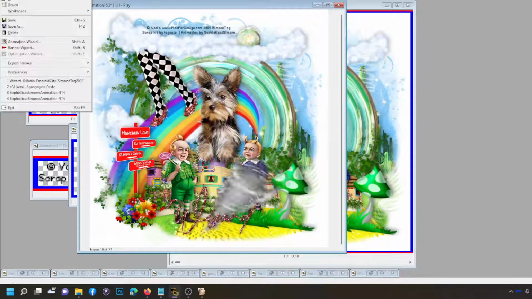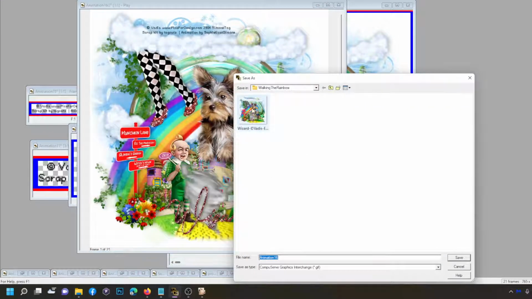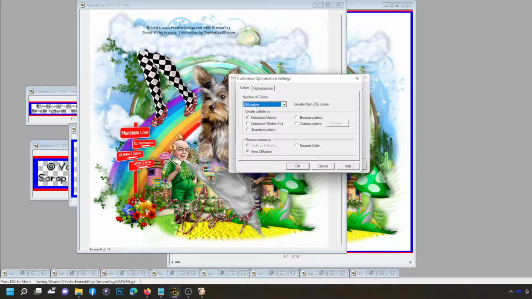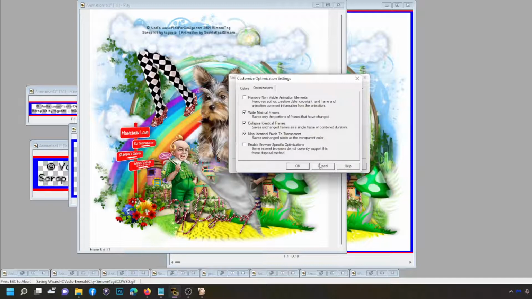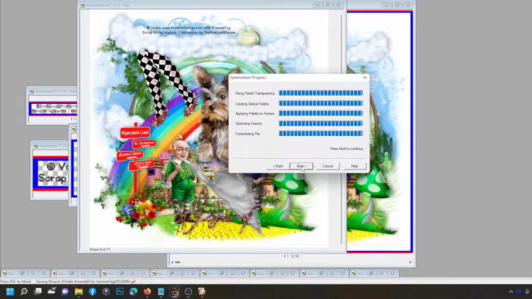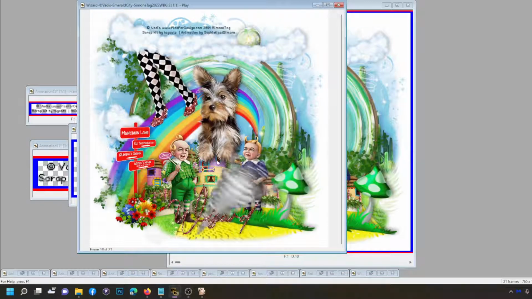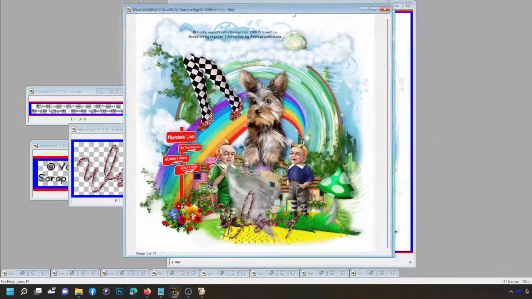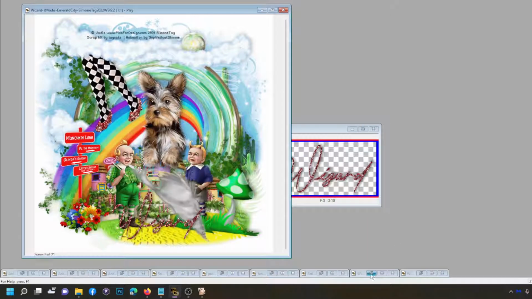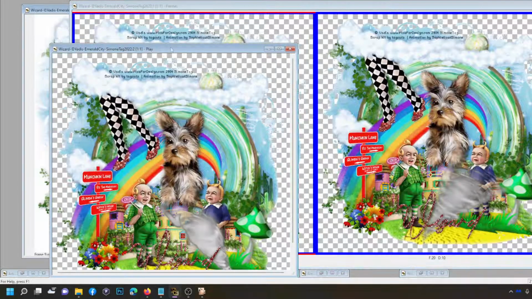So let's save it. File, save as. So what I do is I'll click on that, but what I do is I add WBG, which means white background, so I'll know. So I have a copy of the one that's transparent, and I have a copy of the WBG, which means white background. Customization, it doesn't give you as many tabs. It just has optimize Octree and optimization, and that's it. And then next, finish, and that's it. So there you go. That's the one with the white background, and this is the one with